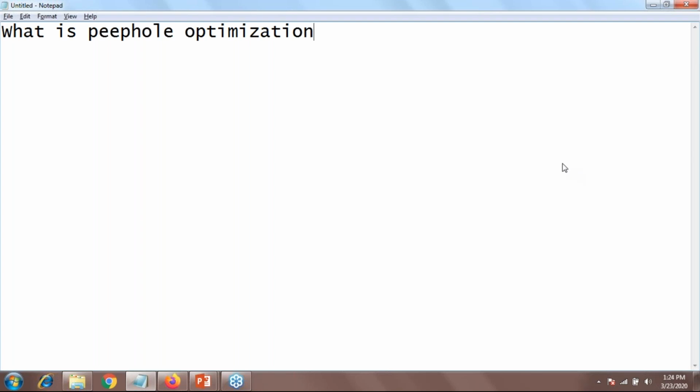Everyone, write down the answer. To create a shorthand of our code by using several optimization techniques. Okay, good, Helly.